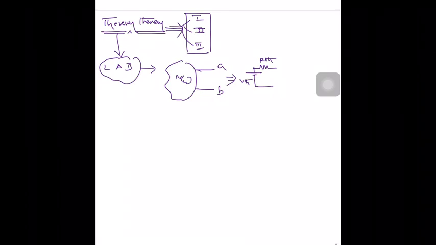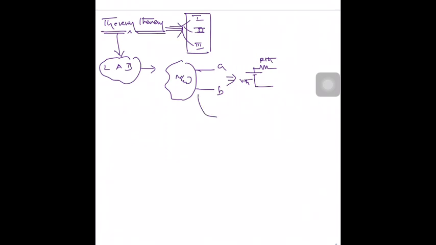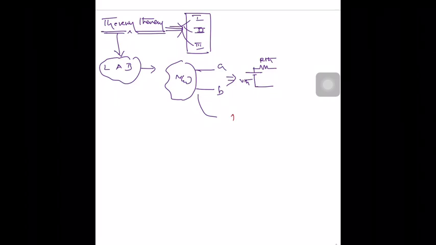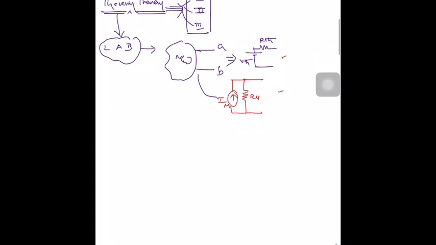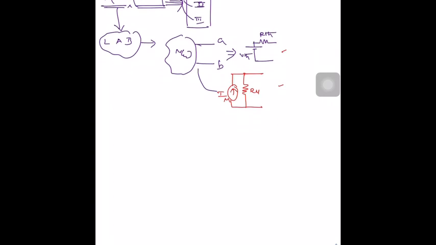This is called Thevenin's theorem. If you replace an entire complex network with a voltage source in series with a resistance, it is called Thevenin's theorem. If you replace this same network with a current source in parallel with one more resistance, it is called Norton's theorem. So the theorem definitions you have seen, right? Yes, Norton's theorem, Thevenin's theorem. Don't worry, we will be solving more questions on Thevenin's and Norton's theorem for clarity.